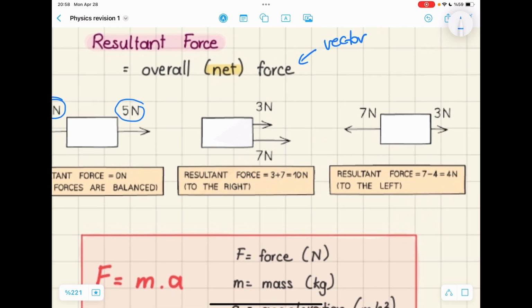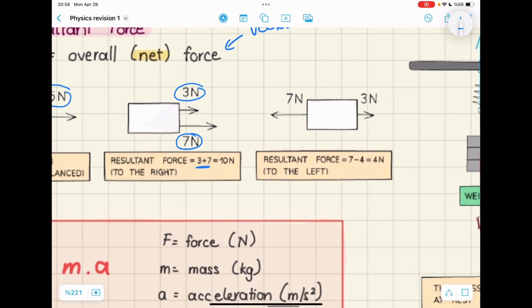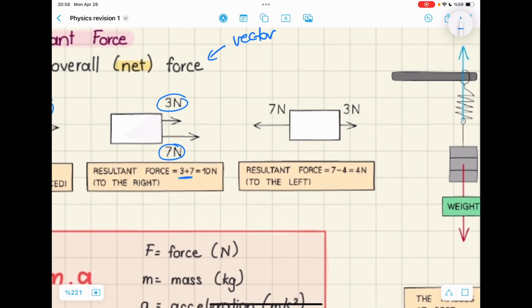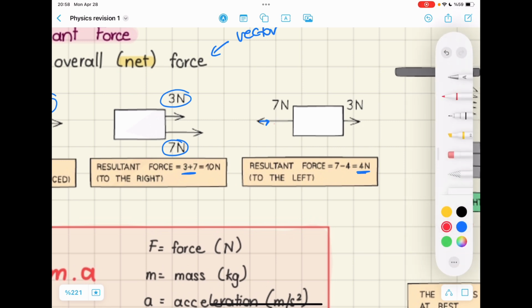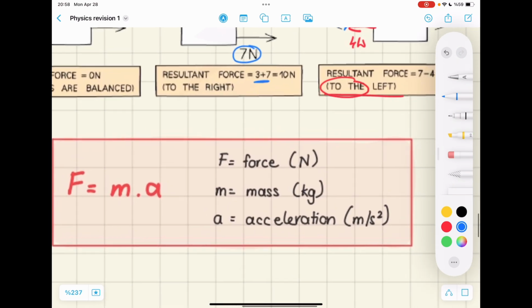And in this case, for example, we have 3 newtons and 7 newtons both to the right or to the east, and therefore the resultant force will be the addition of these two values. Here we have 7 newtons to one side and 3 newtons to the other side, and when we subtract 3 from 7, I will have a resultant force of 4 newtons to the left. Okay. This is the second Newton law,